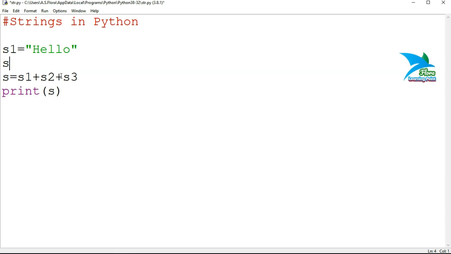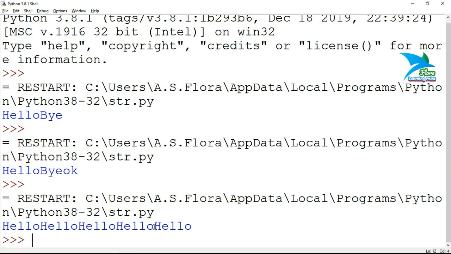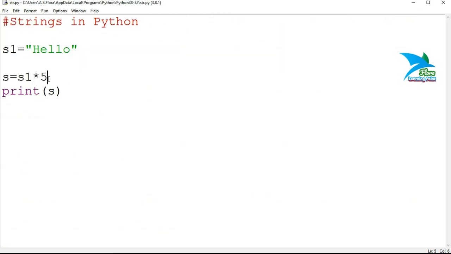So let's demonstrate how to use this. As I have s1, if you write s1 into 5, then when you run this code, the result will be five times concatenation of hello. And you can also use this directly with any string.